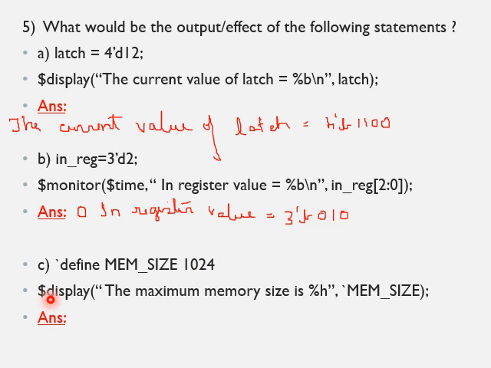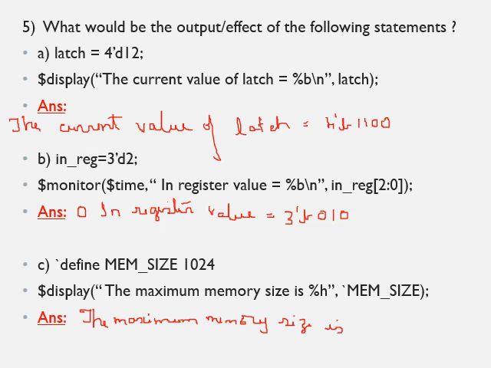Now I am using a display system task to display the maximum memory size is, now the memory size I want to display in hex, that's why I have written %h, and this is how you refer to the compiler directive, that is `mem_size. So the output of this program is the maximum memory size is